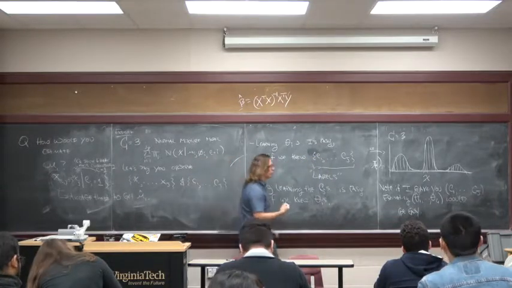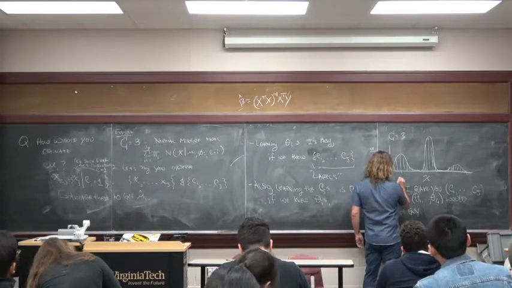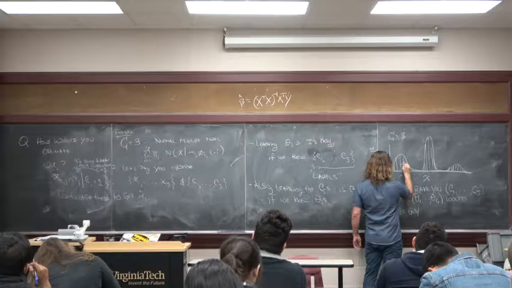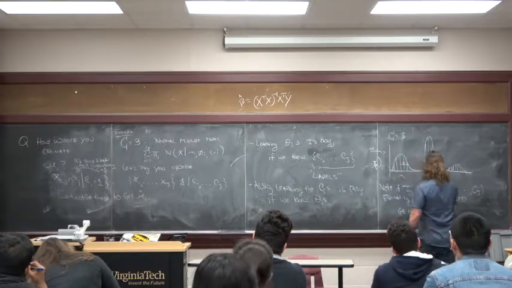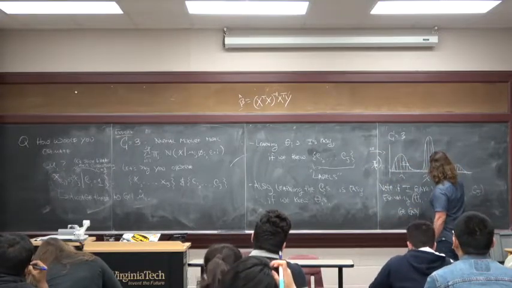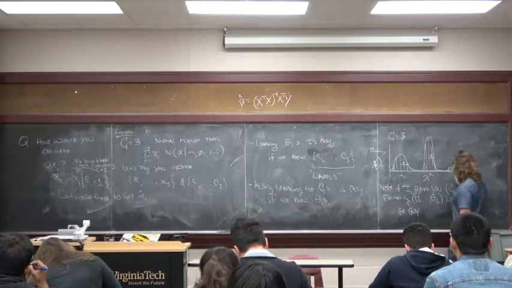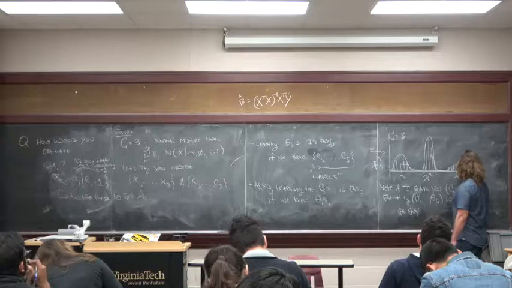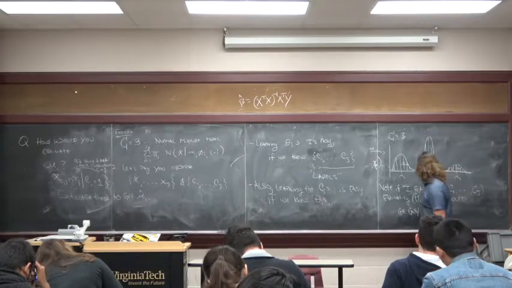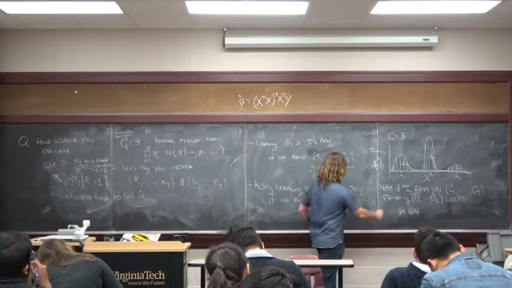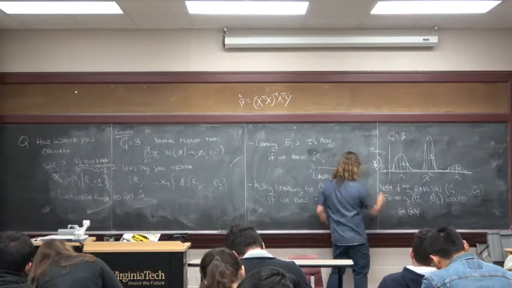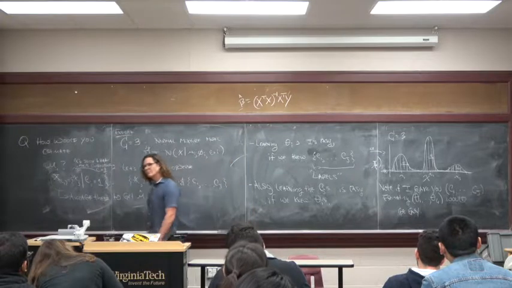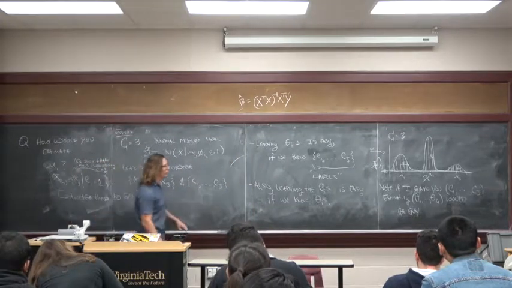Let me show you in this picture. So let's imagine this is mu1. That's sigma 1. This is mu2. That's sigma 2. This is mu3 given sigma 3. Right there. Imagine I saw this data point right over here. Which component do you think that came from? 1. So anybody could tell you that.